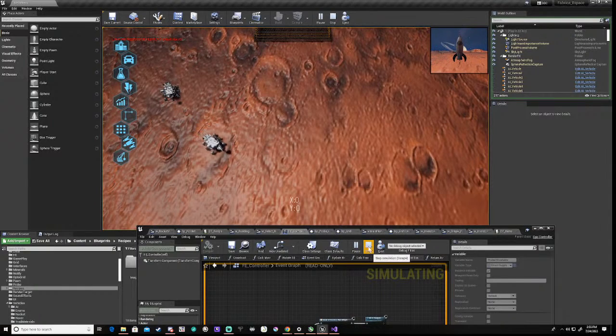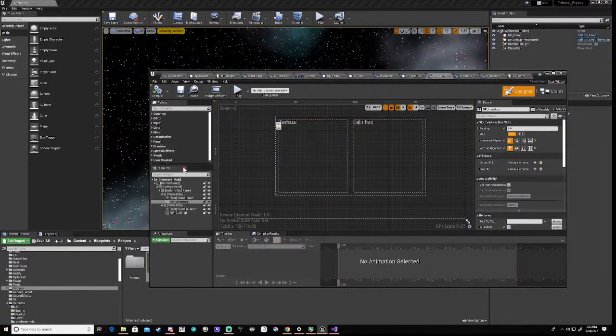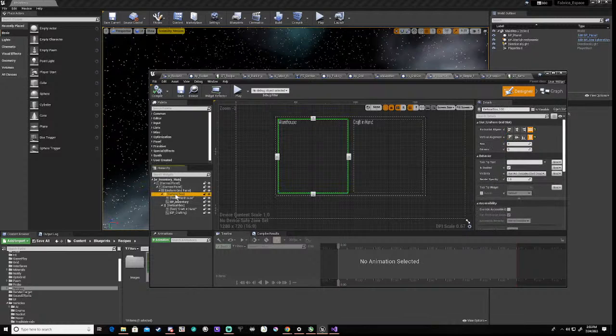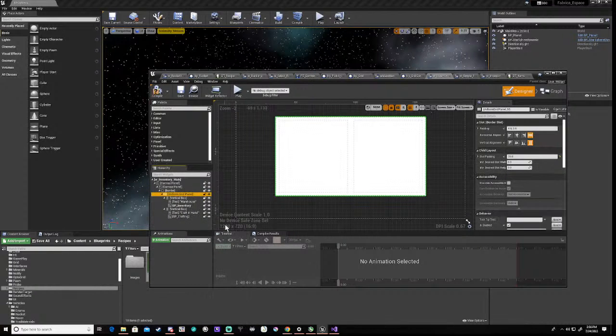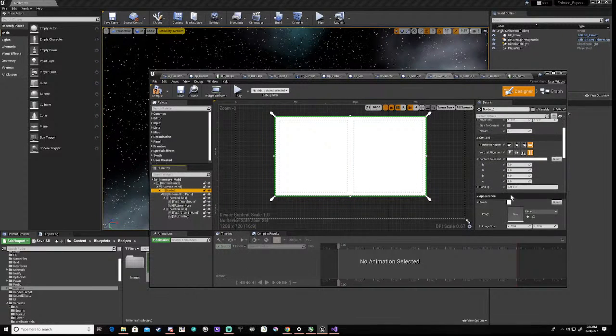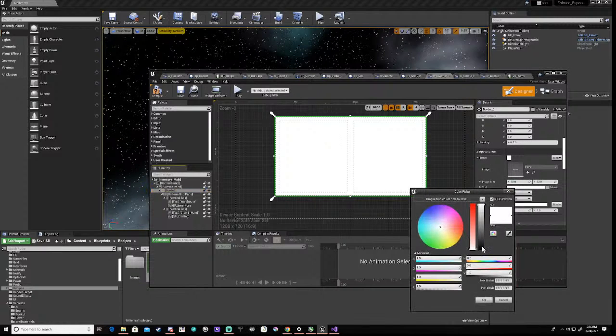So what we're going to do now is turn it into something that looks a bit better. And I want to try this actually, so we may as well try it, right? So we've got our canvas panel, and then we've got our box, actually, we've got our uniform grid, right? And what we can do is wrap this with a border, right? And we don't want the content, because that will colour the content. But what we want is to turn this to nearly black,